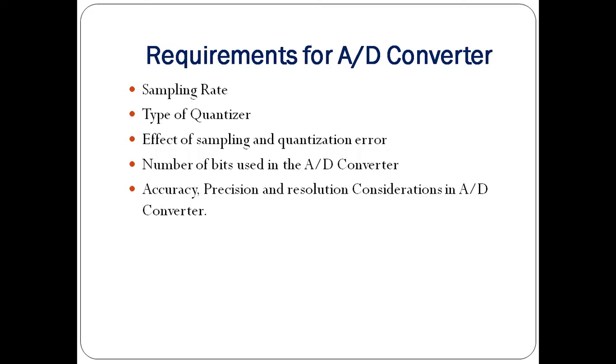As we have seen in the last lecture discussion, to measure the complete cycle of the FD, we require a necessary selection of PRF. The PRF should be at least 2 times FD, or greater than 2 times FD. From the Nyquist criterion, it is equal to 2 times FD. So the sampling rate is very crucial. And what type of quantizer you are going to use, and how many bits you are going to choose in the A to D converter. Is it a 10-bit A to D converter or a 12-bit A to D converter?